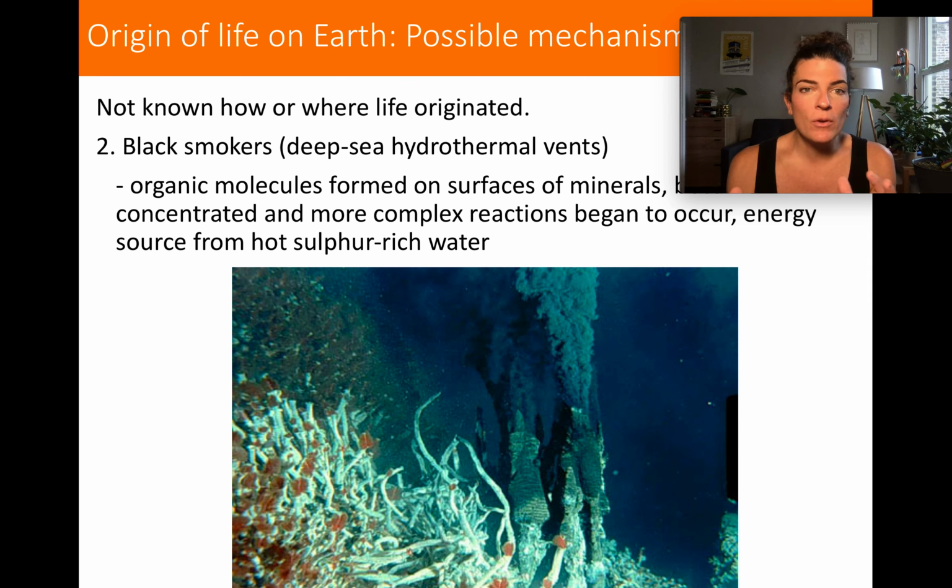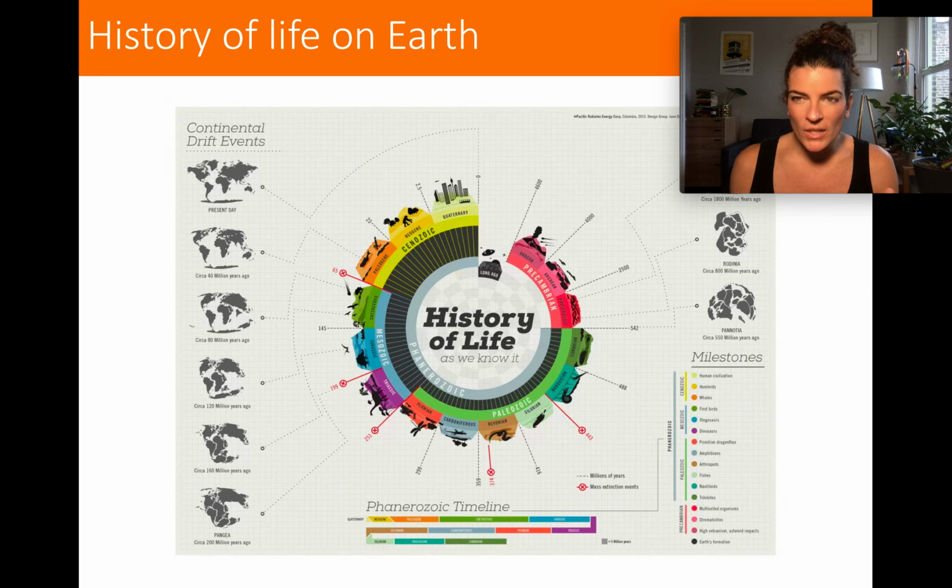But at the bottom of the ocean, we do have these black smokers, these deep sea hydrothermal vents, on the surfaces of which minerals and these amino acids and these other proto-proteins could concentrate together in clumps on this warm, nutrient-rich surface, which is promoting chemosynthesis and biosynthesis and these more complex reactions, which could then produce these DNA single-celled archaea bacteria molecules on these deep sea hydrothermal black smokers. So that's probably what we now know happened.